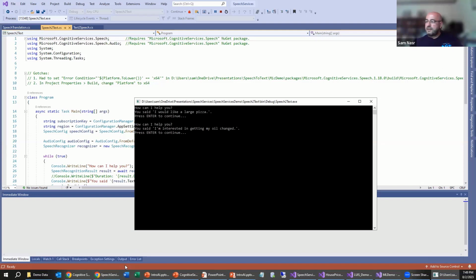So in this case, where I said I'm interested in getting an oil change, if I submitted that to the LUIS application that I built, then it will come back with the intention that I want to have my car serviced. Or if I was to say something like, I want to buy a red Mustang, then again, if I had that integrated with my LUIS application, then the application would know that I'm interested in a red Mustang, and it would query the database and tell me how many red Mustangs are in stock, or ask me the next question in the dialogue.